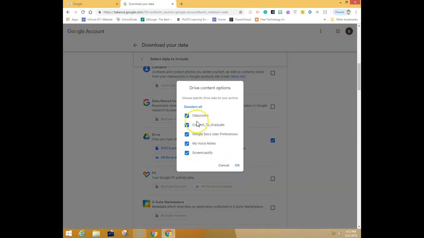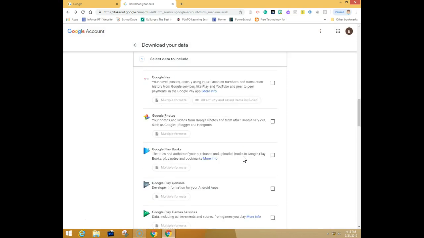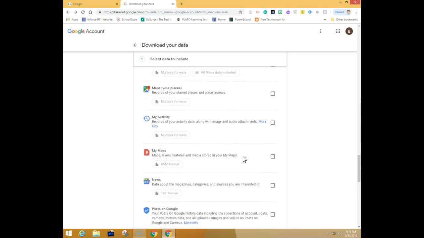You do not have to include all of your Drive data, so you could come right here and select different folders that you wanted to grab the data from. So if you have many folders that you don't want, in this case I don't want my Google Classroom files, but I will keep everything else, so I'll go ahead and click OK. And you can see that now I have 4 folders selected. And then down here